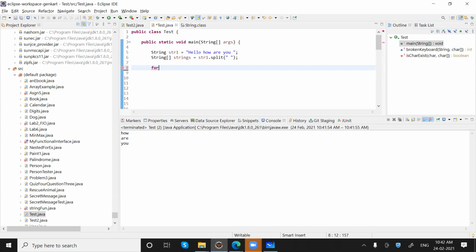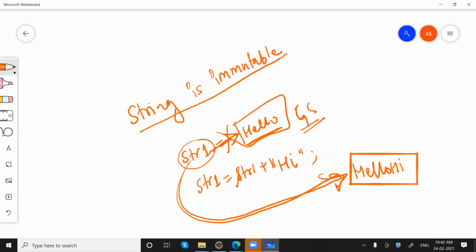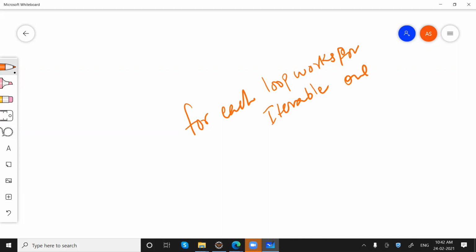There is one loop that we have discussed earlier, that was for each. So what it is basically, I said that for each loop works for iterable only. What is iterable?